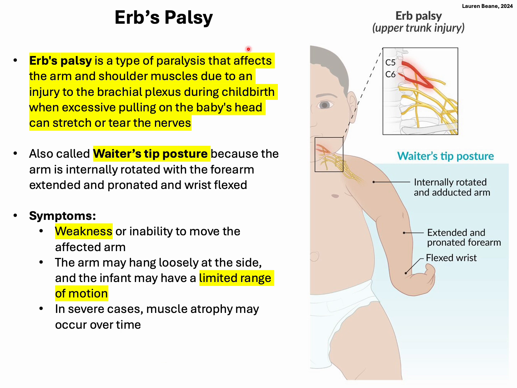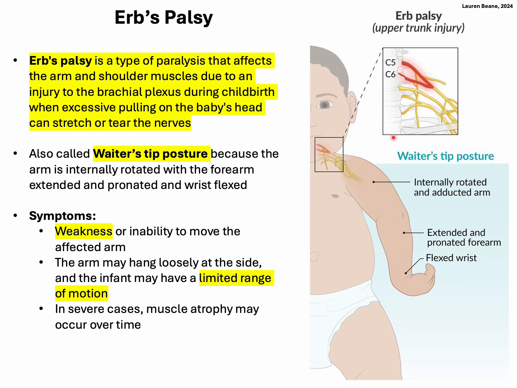I was 10 pounds, 6 ounces, so they didn't think I was coming out. They actually broke my clavicle on the right side, and that left me with Erb's palsy. So my shoulder is kind of dropped. Arm is like internally rotated, as you see in this image here. My arm's a little bit more internally rotated. My wrist doesn't quite flex like shown in this image here, but this is a usual presentation with